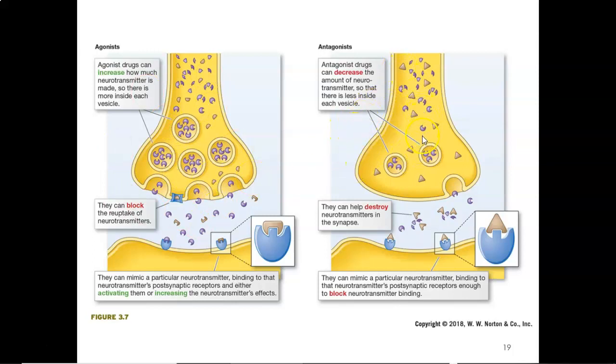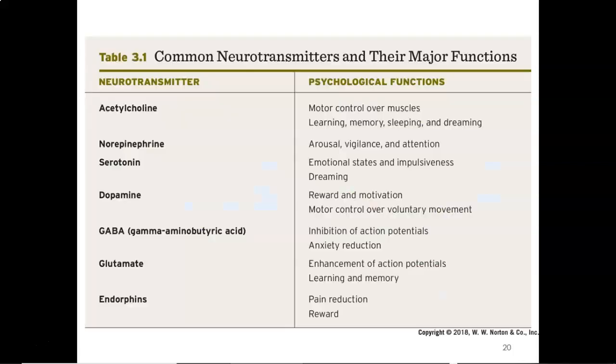Antagonists decrease the amount of neurotransmitter. So there are fewer neurotransmitters within each synaptic vesicle. And we can create drugs that actually attack and destroy neurotransmitters in the synaptic gap. So antagonists can cause axon terminals to contain fewer neurotransmitters, and we can also create drugs that attack neurotransmitters in the synapse, so the message is much less likely to get to the postsynaptic neuron. So let's look at a couple of